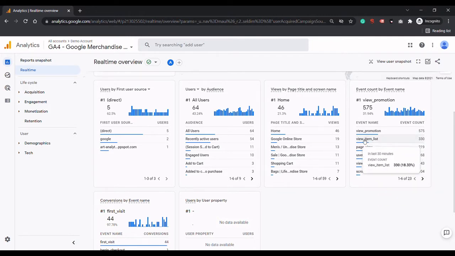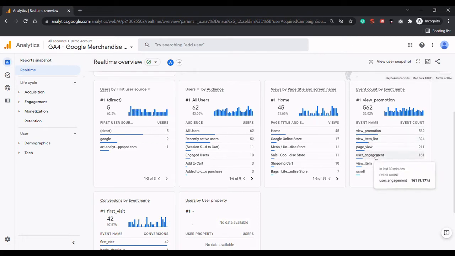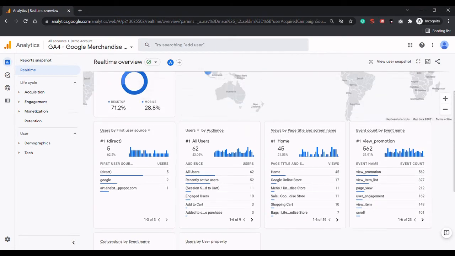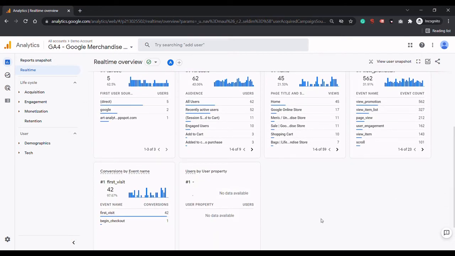But to create events like view promotion or view item list, we can use Tag Manager. So in the upcoming days, I will try to cover a Google Tag Manager tutorial, where we will see how we can create these events with the help of Tag Manager. But for now, we will cover this analytics only.